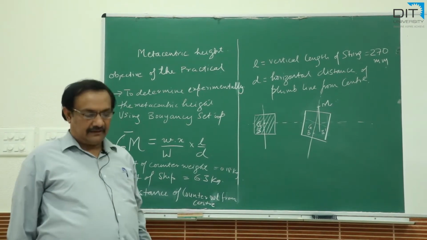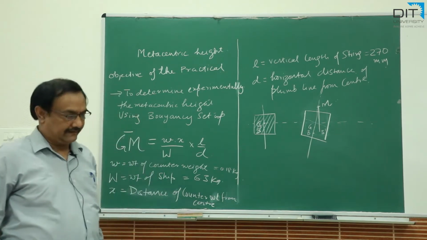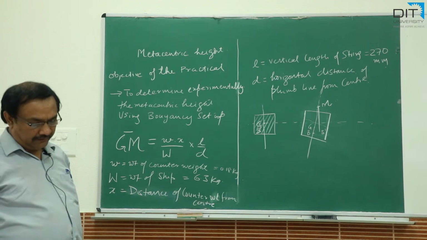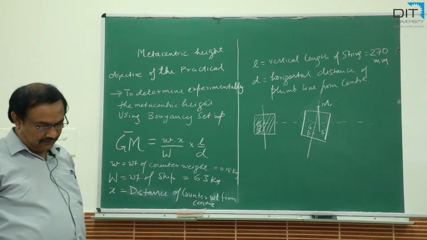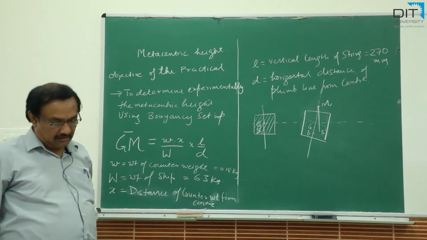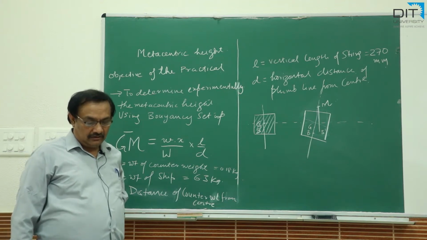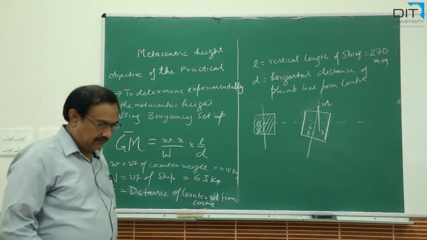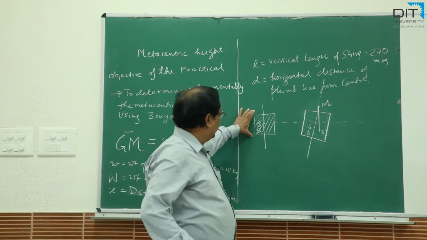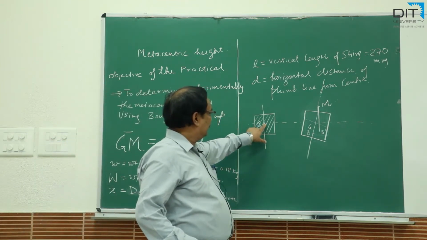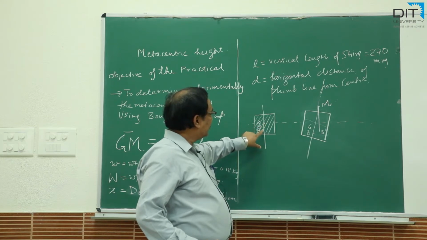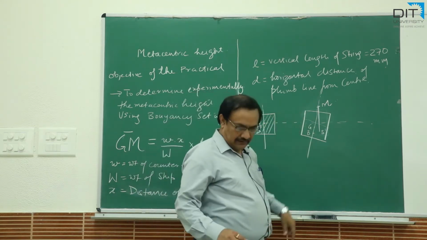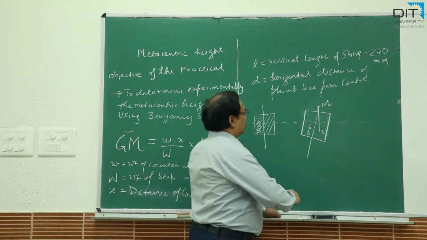Now what is metacenter? Metacenter is the point of intersection between an imaginary line drawn vertically through the center of the buoyancy of a floating vessel and a corresponding line through the new center of buoyancy. For example, here this is a body, it has a center of gravity and it has a center of buoyancy. Now if we tilt it with some force